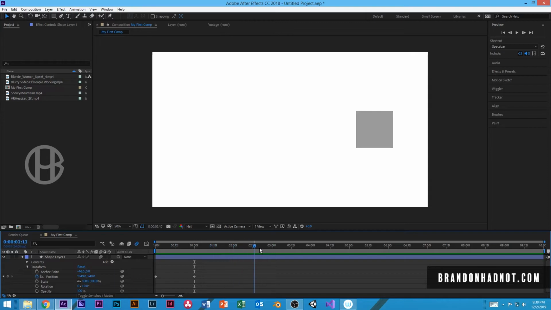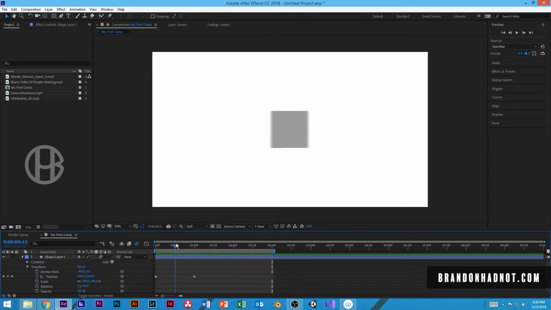I'll make maybe the comp 3 seconds long. And if you see this gray bar here with the blue tips, you can drag this time ruler to adjust the workspace of the actual comp to the playhead, which means it's only going to render 3 seconds worth of whatever's happening in between this space on the timeline. If you're into hotkeys like me, if that was at the end there, you can just hit the letter N to move your workspace to wherever your playhead is stationed. On the opposite end of that, you can hit the letter B to move it to wherever your playhead is